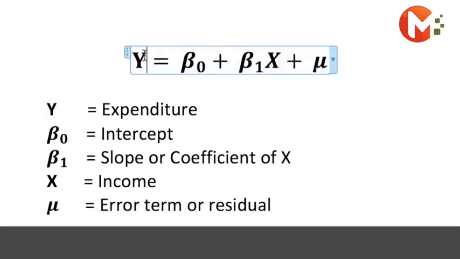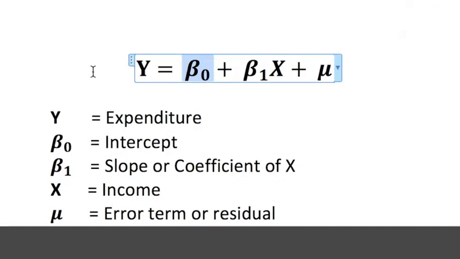Expenditure was denoted by Y and income was denoted by X. We also learned the intercept and the slope of income,